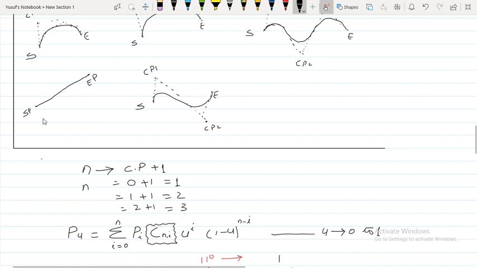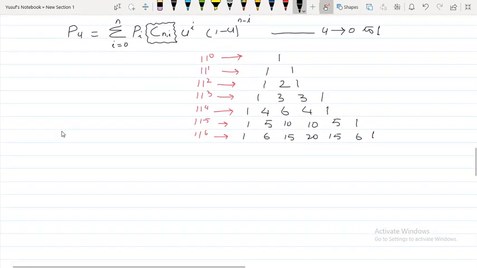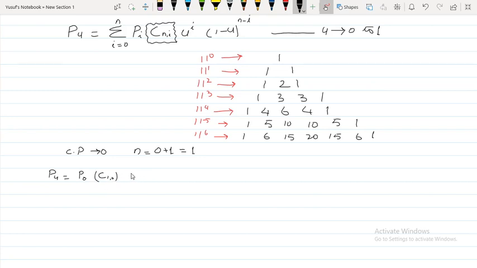Zero control points means we will get a line. First, the control points are 0. That means the value of n will be equal to 0 plus 1, that is 1. So we can write the equation P of u. First, i has to vary from 0 to 1. The value of n is 1, so the summation is from 0 to 1. First is P0, constant 1 comma 0, first constant, and then u raised to 0, then 1 minus u raised to n.